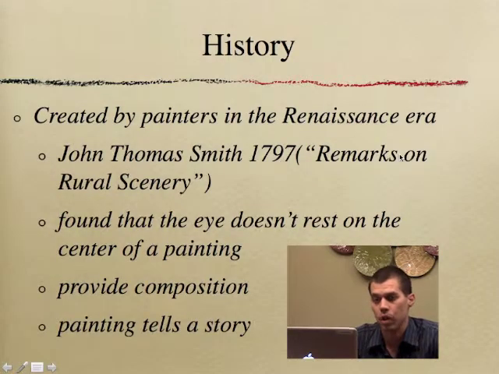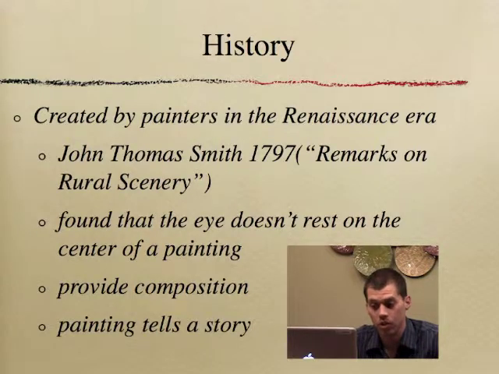So a little history about the rule of thirds. Originally, it was created by a group of painters, and individually it was John Thomas Smith, but he was working with someone else at the time. But he wrote a book on rural scenery, and the name of it was Remarks on Rural Scenery, and he was doing a lot of research, and he found 3 things when creating paintings, and he wanted the paintings to be